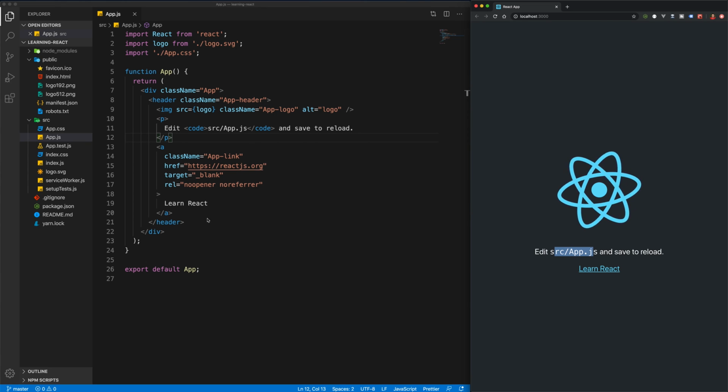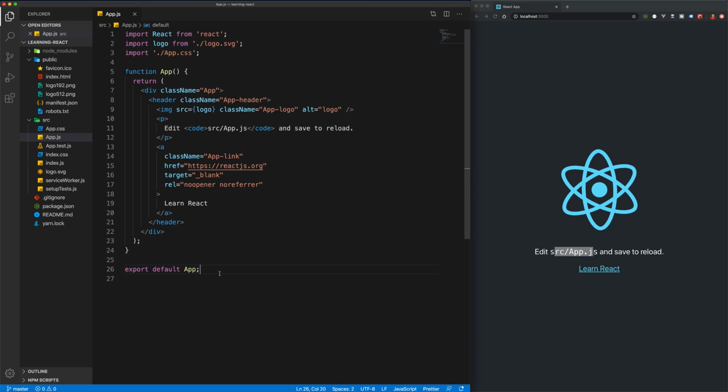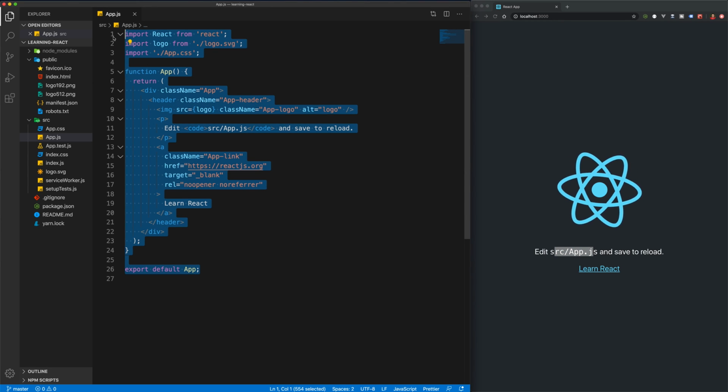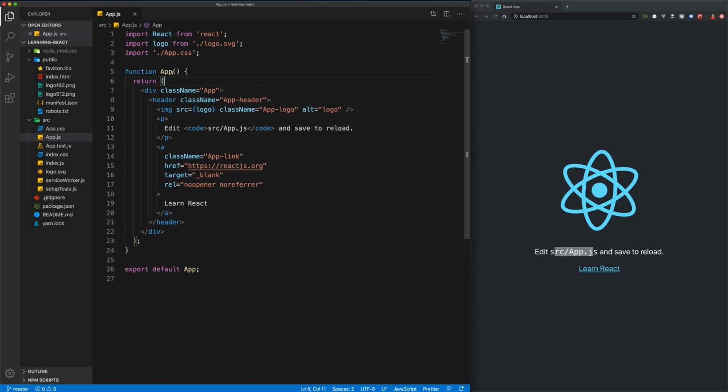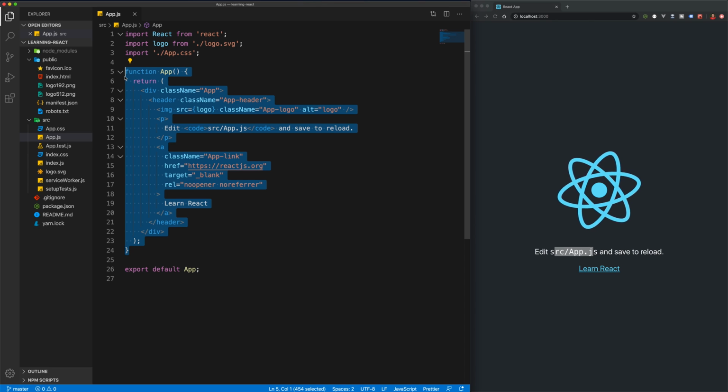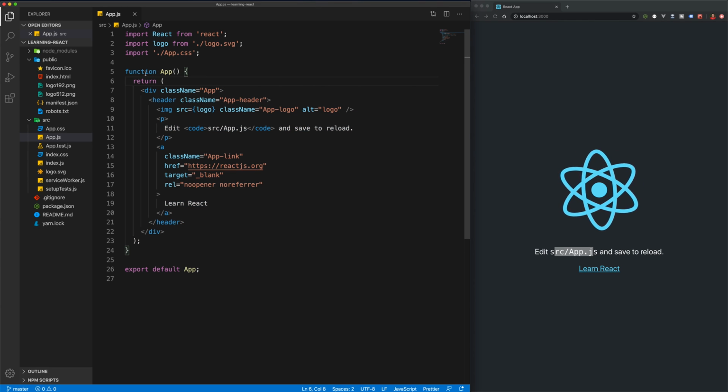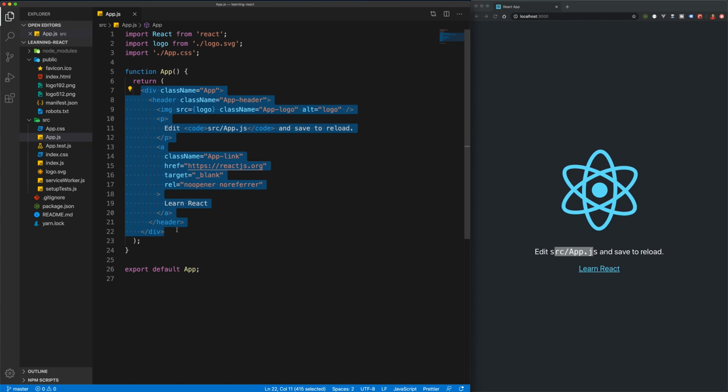Taking a look at App.js, we actually have a React component. React is made out of these things called components, and the parent level component for our app is going to be this App component over here. What this function is actually doing is, I know it looks like a function called App, creating a stateless component in React, and then it's returning what looks like HTML, except